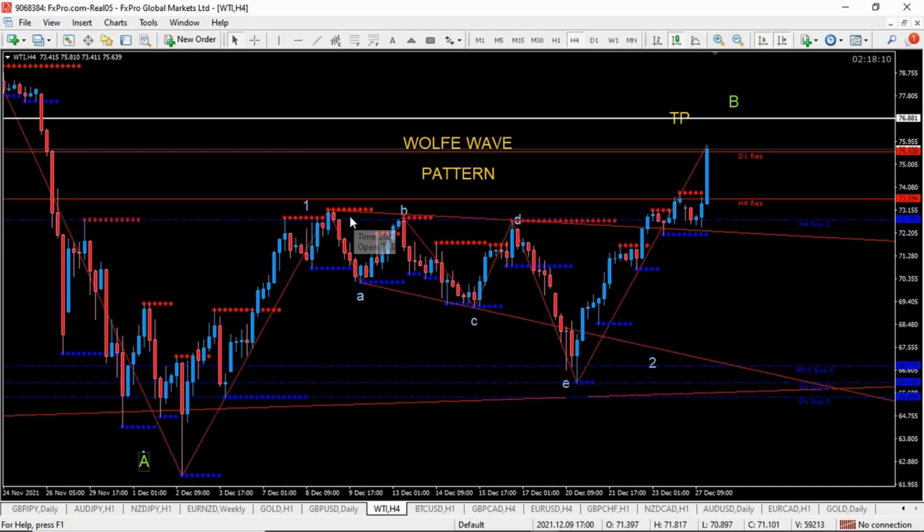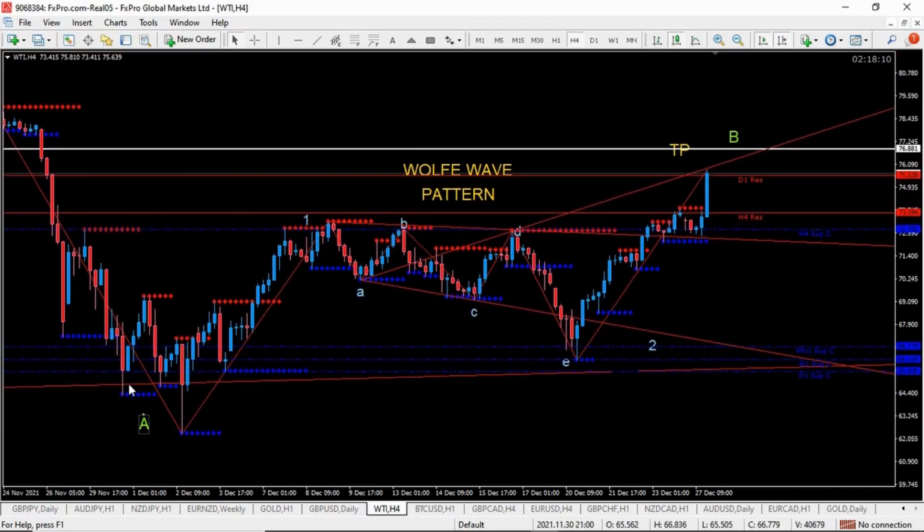So as you can see here, we have the correction here and the continuation here. But for Wolfe waves, this is what is likely to happen. From wave A to wave D, draw a trend line, and typically for a Wolfe wave, from point A to point D, that is where you're going to end. So it will go a little bit out of the channel, then we'll sell down again. So this is the point we are looking at.